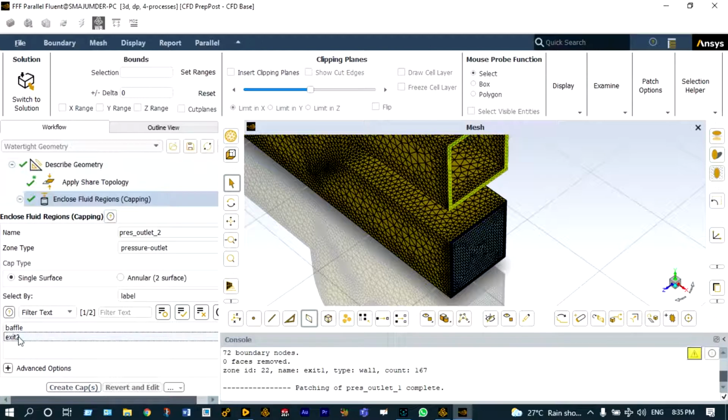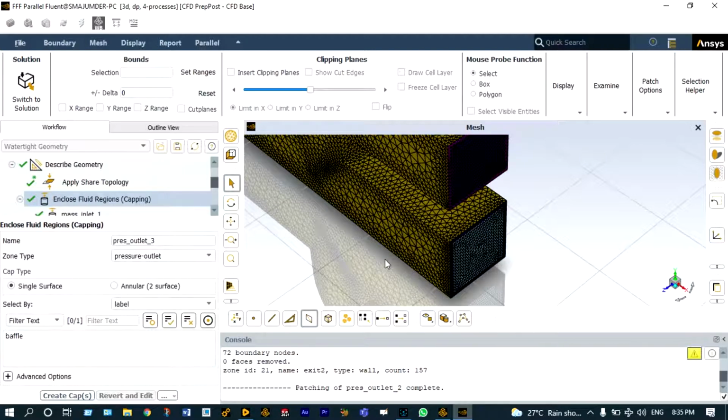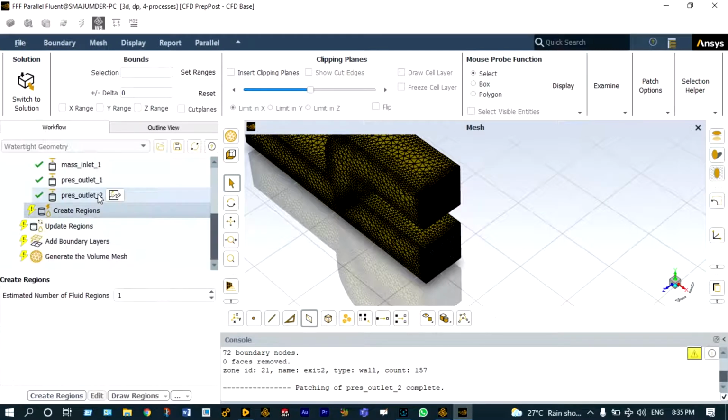Let us select exit 2, and its condition is also pressure outlet 2. So let us create cap. It is done. Now we got a closed geometry, right? Fine. Next to that we have to create regions, and we know that we are having only single region, so we can update create regions,